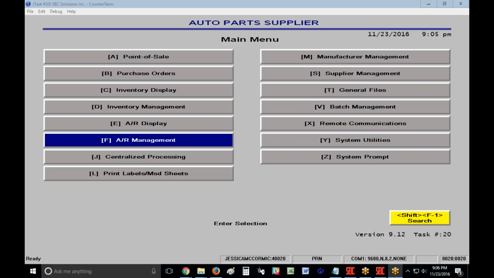Welcome. The purpose of this video is to walk you through how to use the AR Custom Edit report screen. So let me give you a scenario before we enter this menu selection. I have a piece of information on a series of accounts or parts. We have this report available in inventory as well, but I have a